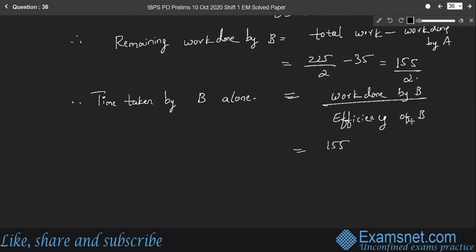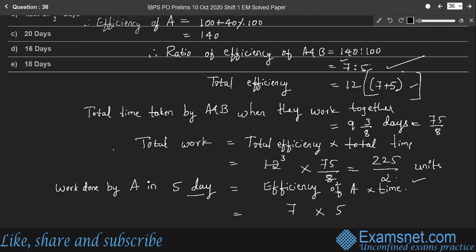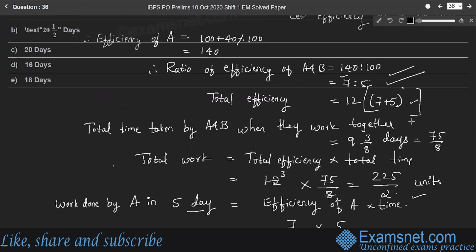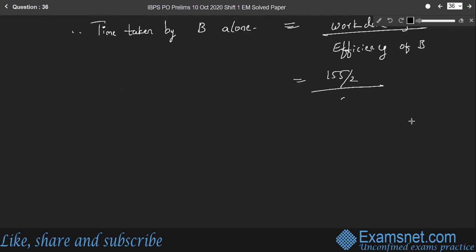So 155 by 2 divided by efficiency of B. So from this relation, ratio of efficiency of A and B is 7:5. Therefore, B's efficiency is 5, which is equal to 155 by 10, which is equal to 15.5 is the time